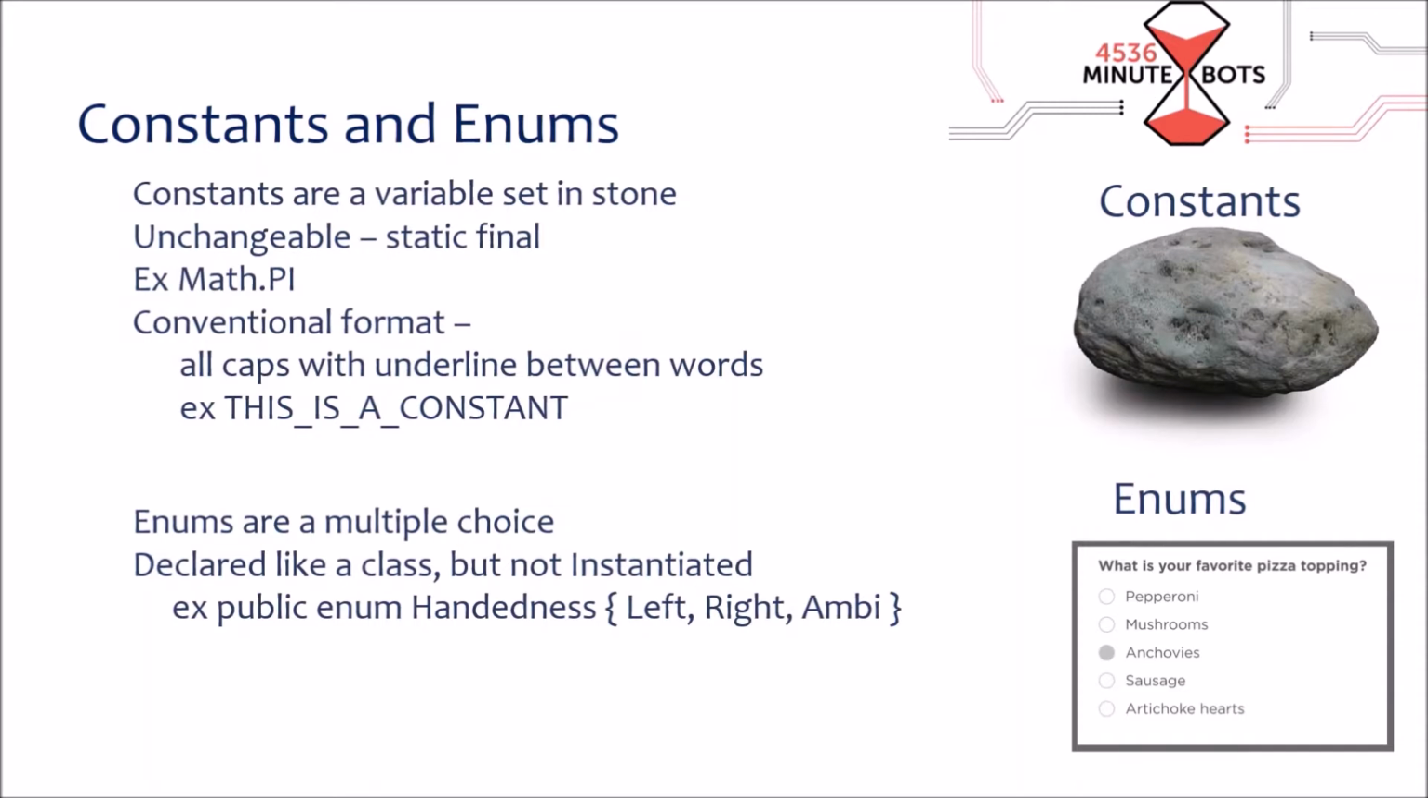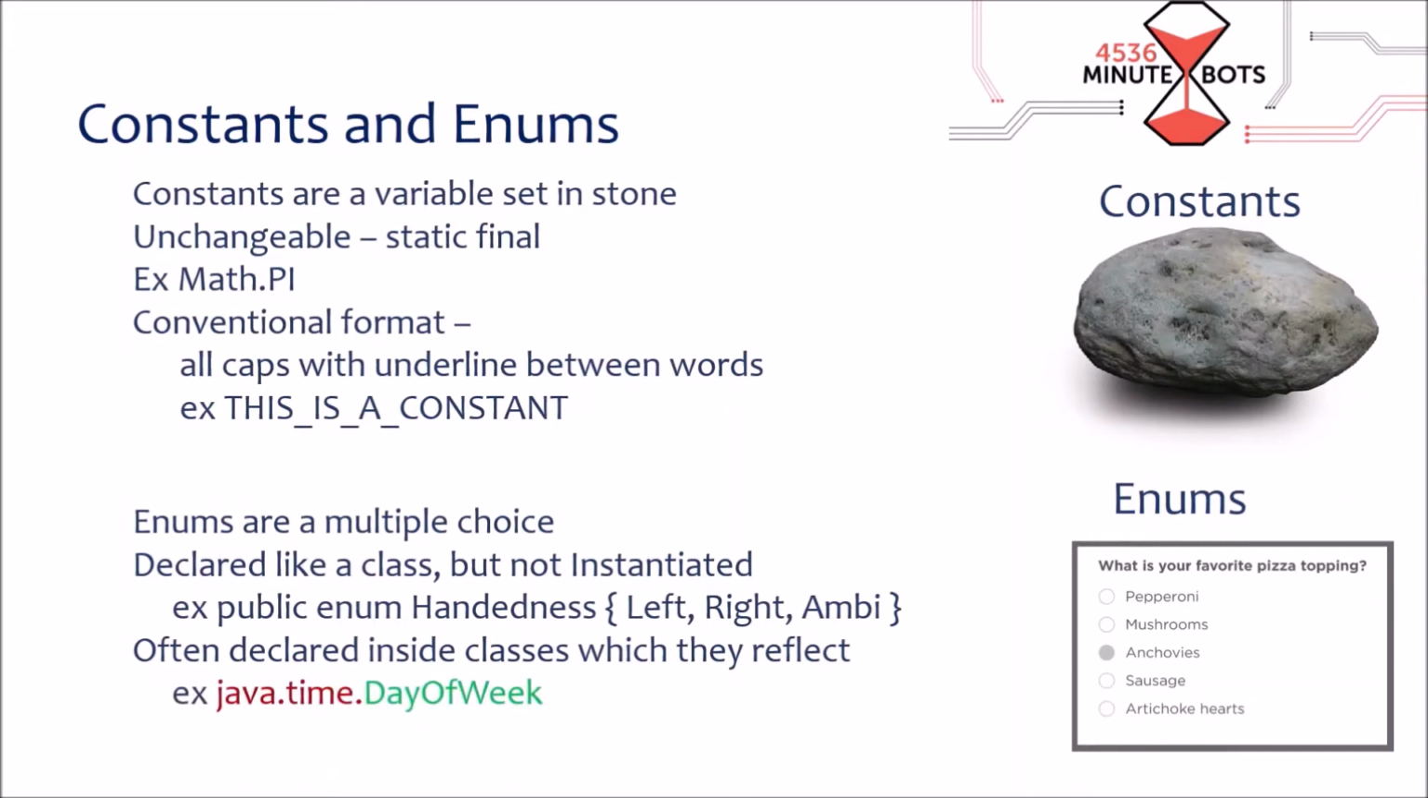It is also generally final, so whenever you see an enum, assume that it is both static and final, similar to a constant. Often they are declared inside the classes which they reflect. In other words, enums generally don't float around by themselves. There's not much reason for that. They are used by the classes which contain them. So, for example, Math.PI, or here's another one, java.time.DayOfWeek. DayOfWeek is an enum that is directly tied into time, and so it is declared within the